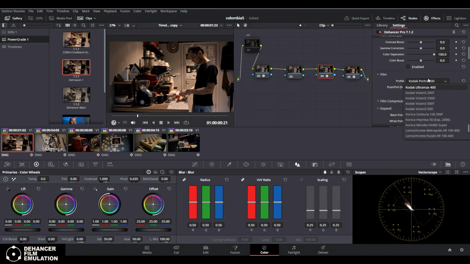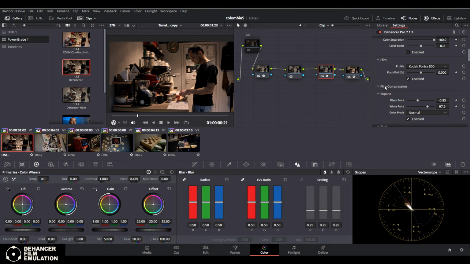You could choose out of many popular film stocks like Kodak Vision 50D, for example, or I don't know, Super 100. But I prefer for my work using Portra 800, or 400, I think, because they are very subtle and versatile. For our case, I will use Kodak Portra,